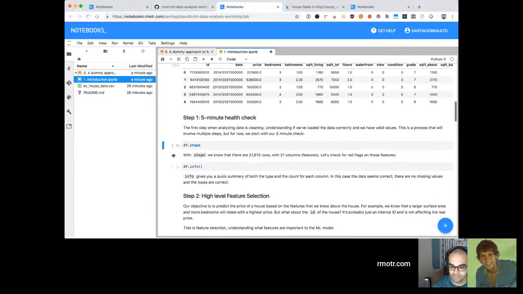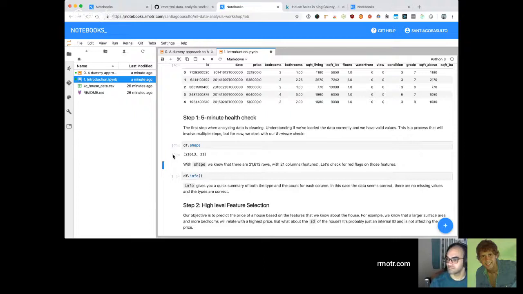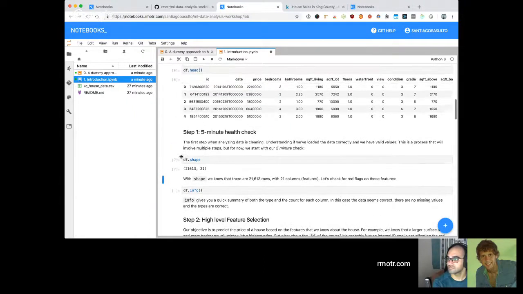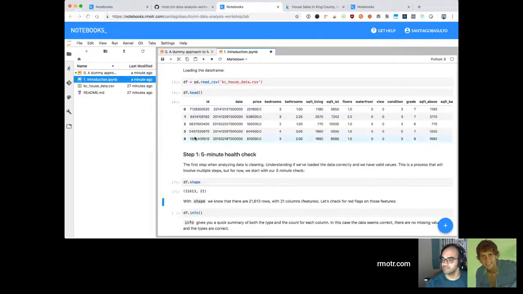And usually it is just about checking the general form of your data, in this case, the shape, that tells you the number of rows. So we have 21,613 houses by 21 columns. These columns are the features, as we're going to call them, of each one of these houses. So we know that a house